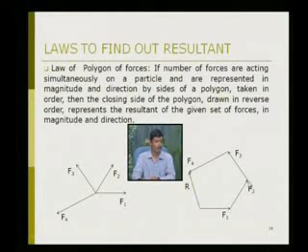Then where the F2 force ends, from that the F3 force is drawn. This is the F3 force, drawn over here. Then the last force F4 is drawn from the end point of F3. It starts from this point and ends over here. So F1, F2, F3 and F4 are in order. Now this resultant is in a reverse order and it is the closing side of the polygon. So this R represents in magnitude and direction the resultant of this force system.